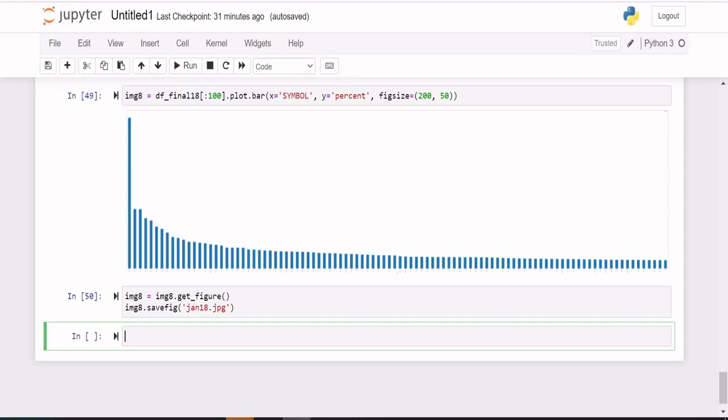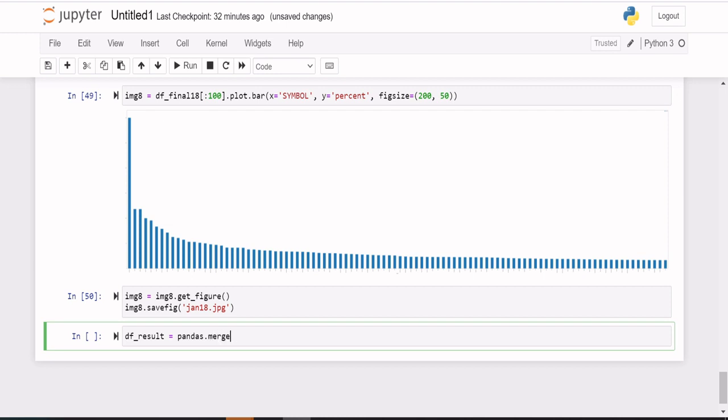Now we will see how many stocks are available in the top 200 of 2018 as well as 2019. So df_result equal to pandas.merge, first the inner one.